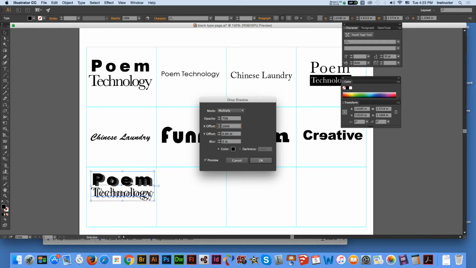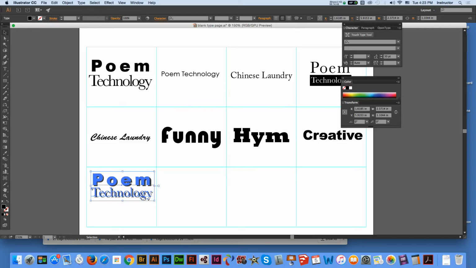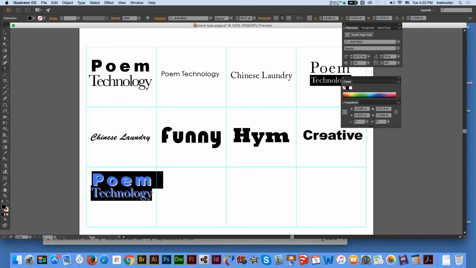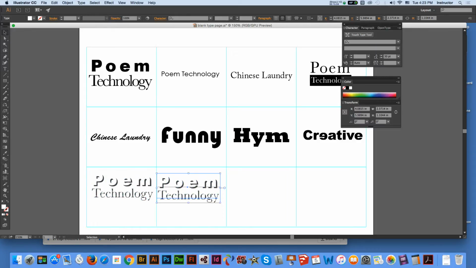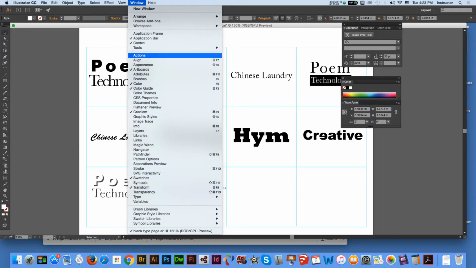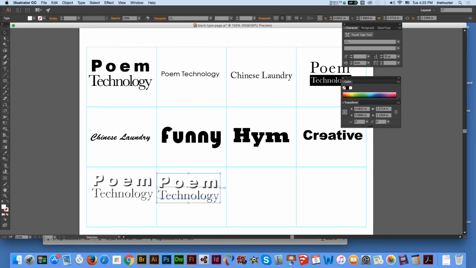Okay. Do that. So I'm going to select the top one. Change color to white. So I got this 3D effect. Now it has a hard shadow at the back. Or you can do another way. Copy that. Go to Window, Appearance,